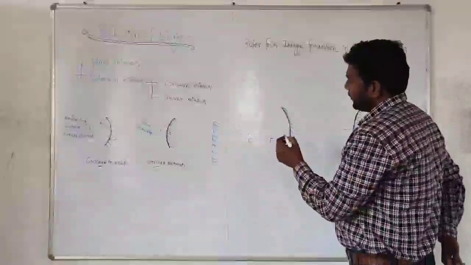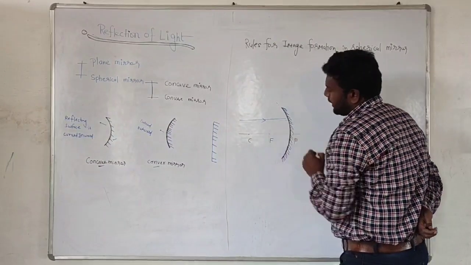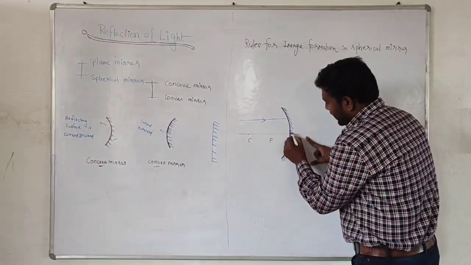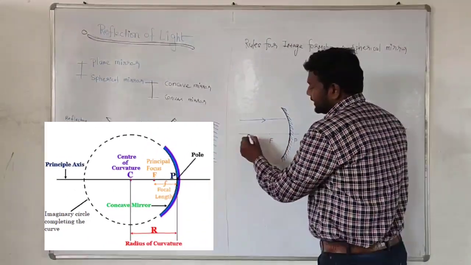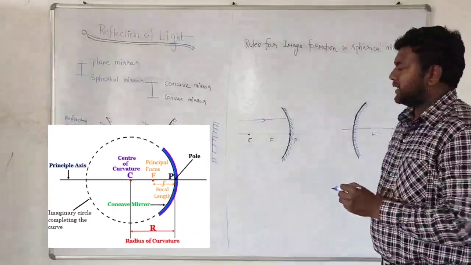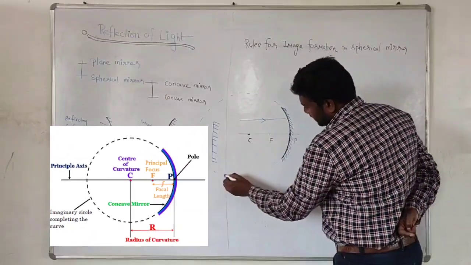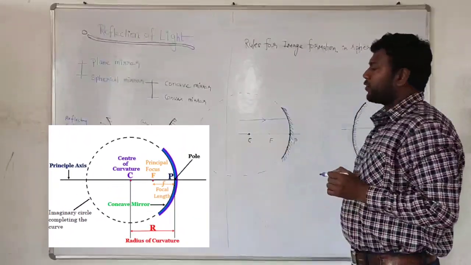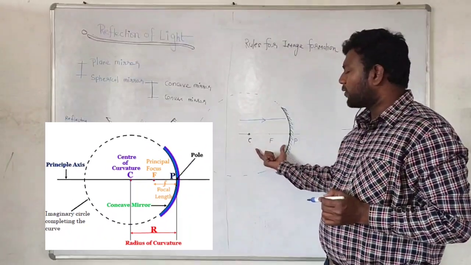The first rule concerns a ray of light going parallel to the principal axis. This is our principal axis. This is the pole. The center of any spherical mirror is known as the pole. This is the center of curvature. It is represented by the capital letter C. Suppose this mirror is obtained from a sphere, then the center of the sphere from which this mirror is obtained is known as the center of curvature, and half of that length is known as